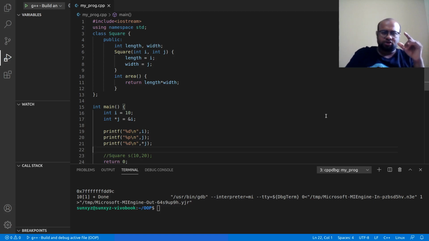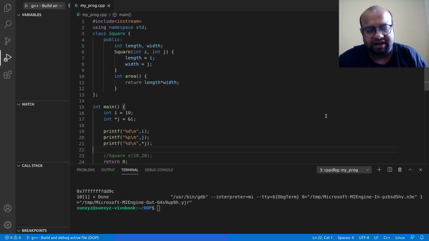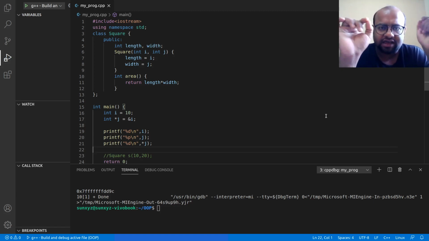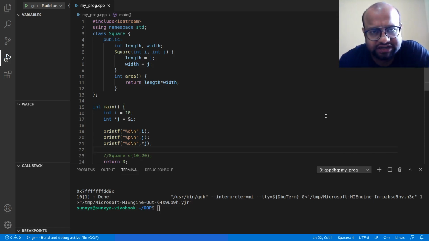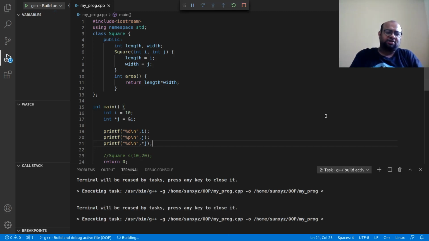So what is it that j is holding? J is holding the address of I. Now from j, I go to 2000, that is the address of j. I see 1000, then I go to 1000 and I get the value of I, that is 10. So I access the value of I through the address that is stored in j. It is shown in line number 21 by writing star of j. Let me go ahead and execute this.